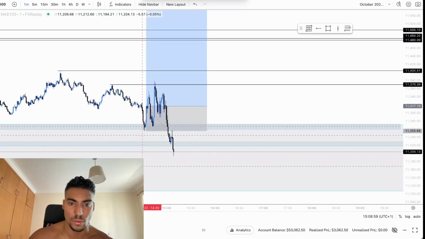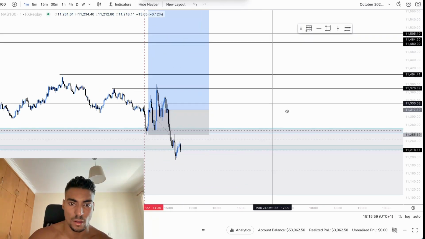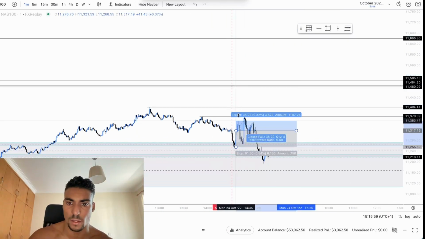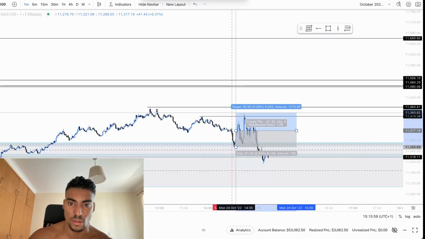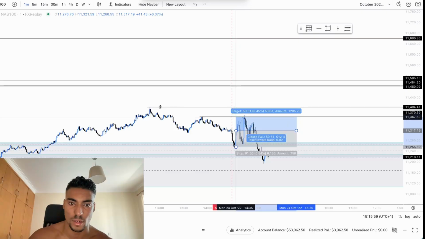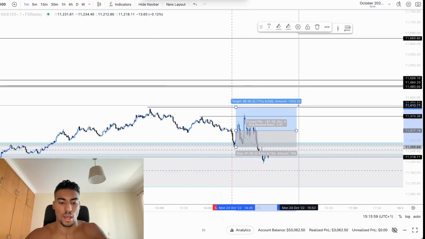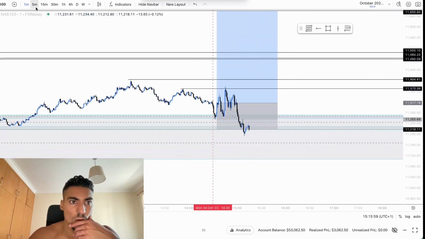Okay, we'll have again stopped. So I should have taken partials there. I don't even know the risk to reward ratio that was there, let's say. I think it's a negative one. Yeah, it's a negative one. I wouldn't have taken it because we have so many draws on liquidity right here. So at least on these highs I would have taken partials. But yeah, we protected the trade, so not to worry about it.